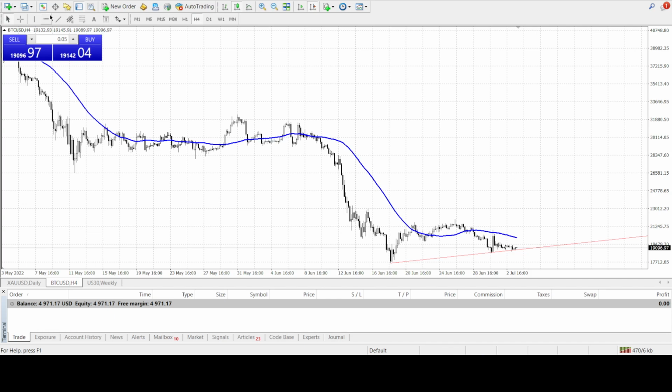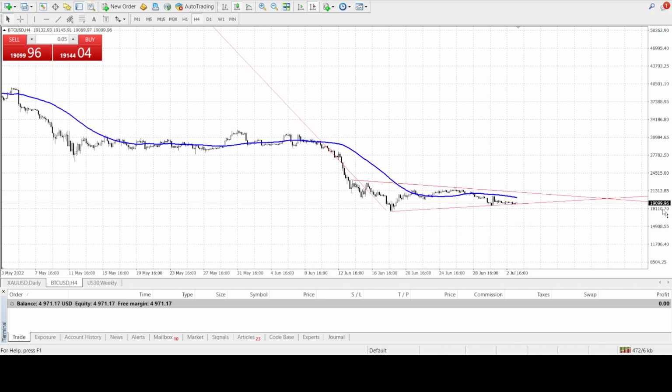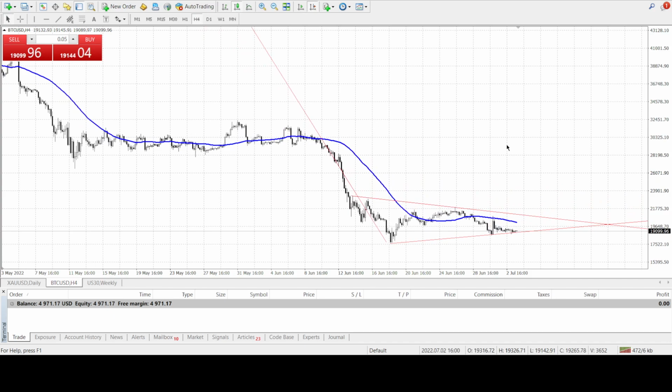I would say if you connect your highs, because you got peak, peak, peak here. You got low, low, low there. It's more of a pennant at this point, and it's technically a bearish pennant, because a bearish pennant has its flagpole, which you can see here is the candles coming down, and then that. So I would almost be more inclined to believe that at this current point,